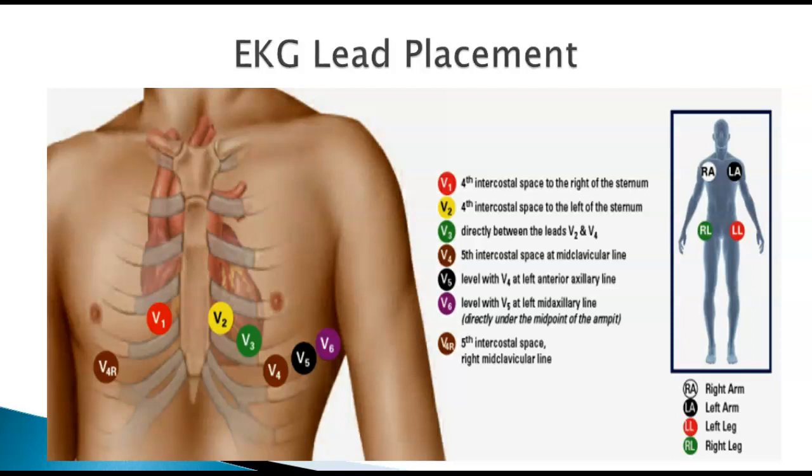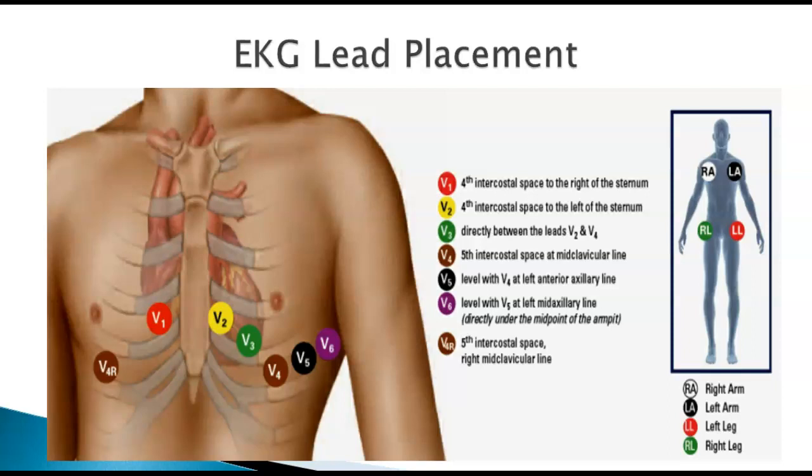The next one you're going to place is actually V4. V4 is the fifth intercostal space, mid-clavicular line. All right, so palpate, put your fingers on them. Don't just put the stickers randomly. You actually want to put them between the ribs. And then the next one you're going to place is V6, the same level as V4 and V5, mid-axillary line, directly underneath the armpit. You should be able to feel between those ribs.